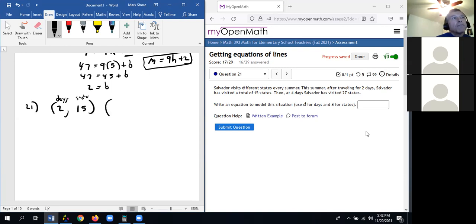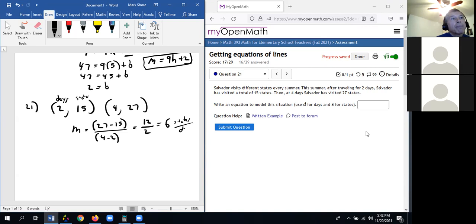And then they give you again 4 days. They were at 27 states. Okay, so we need the whole equation here. Got to get the slope. So we'll take our 27 minus 15, and on the bottom, same order of subtraction, 4 minus 2. Here you get 12 over 2, which is 6. So she's visiting 6 states